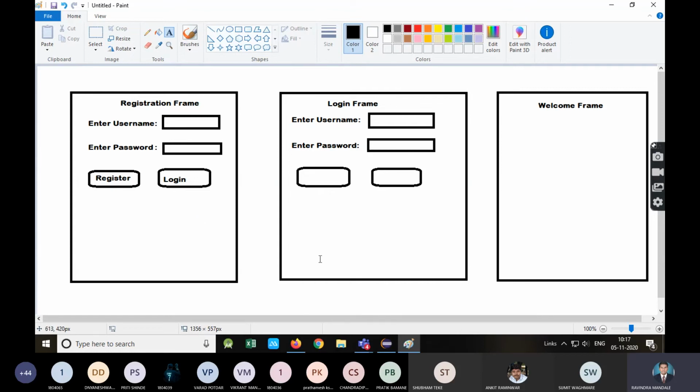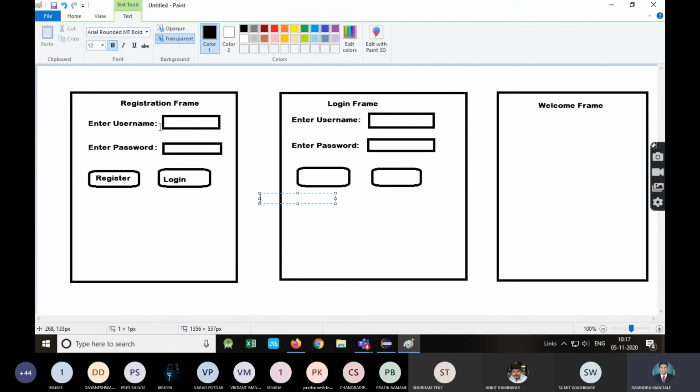So after accepting the username and password from the user, if he is a new user, he can click on the register button. On clicking register, I'm going to insert these 2 values, username and password, into a table, and that table will be part of a database created using a DBMS.